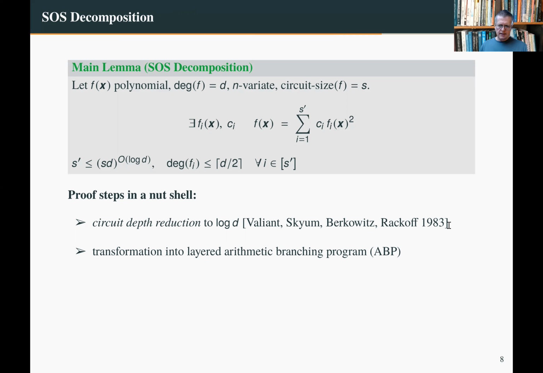And then the formula can be turned again into a branching program. And we want it also to be layered. So there are a lot of techniques going into this, not very difficult. So finally, we end up with a branching program,